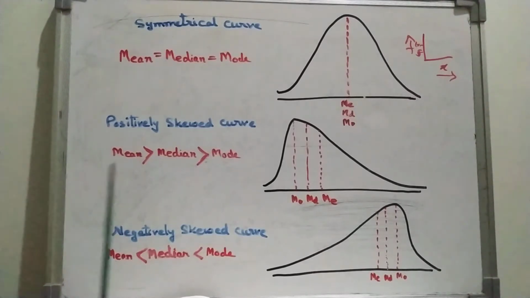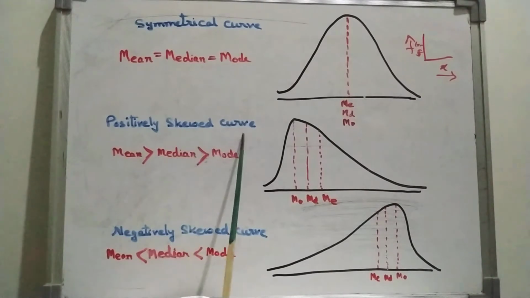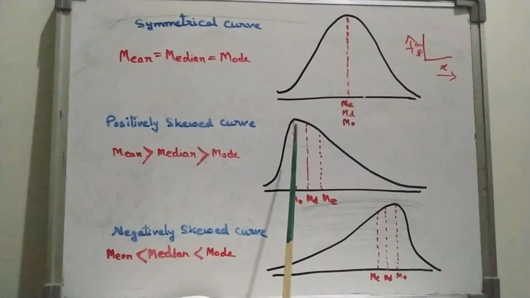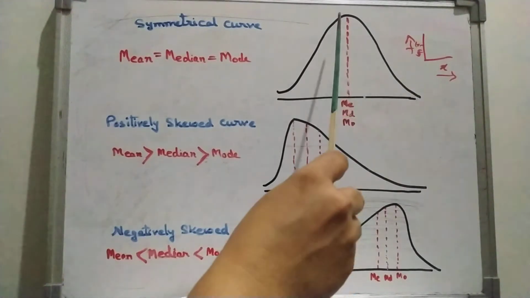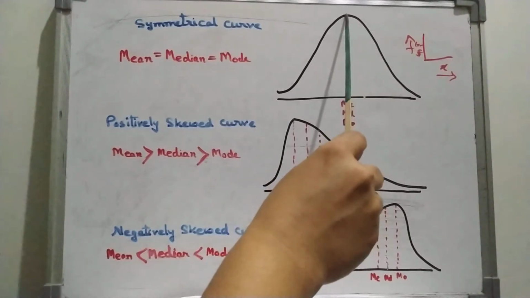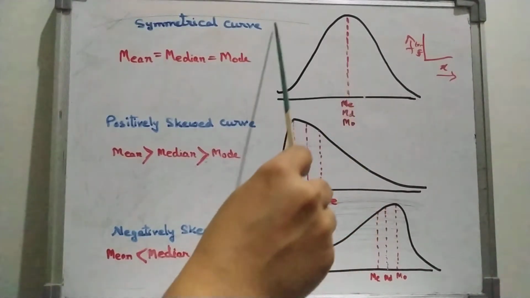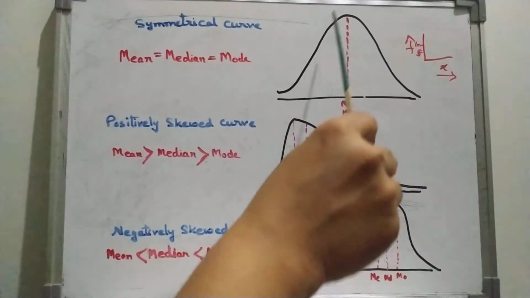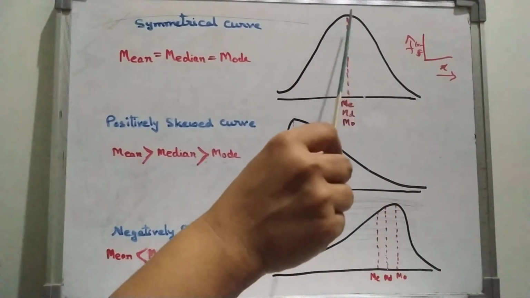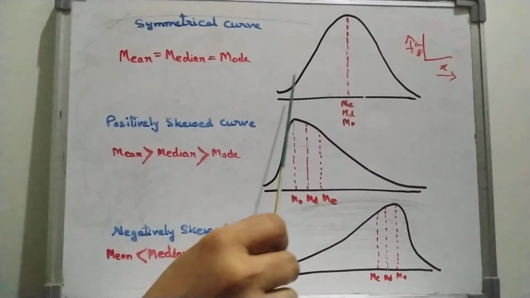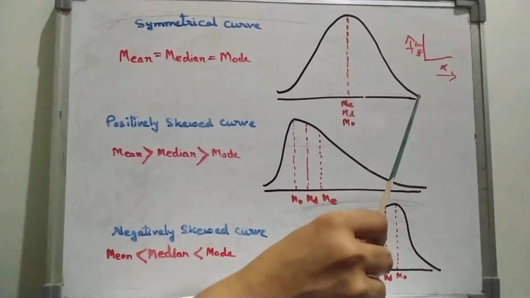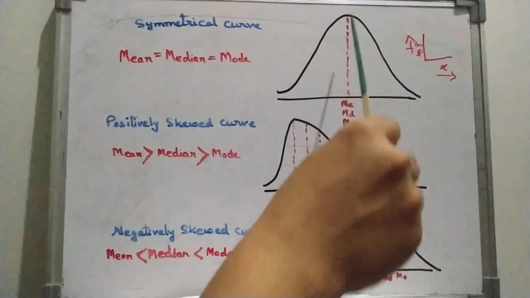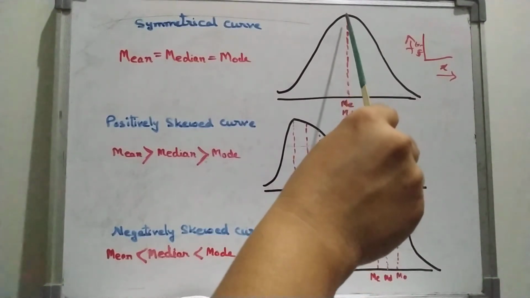So now let's come to the second one, positively skewed curve. As you know, this is positively skewed curve because here the concentration of the observations is more here. In this figure, the concentration of the observations is more here. That means more observations are here. That is why the frequency is highest here. Okay, and we get this curve by joining the coordinates. Whatever points we get, we join the coordinate points and then we will get this figure. So it gives us the idea about the concentration of the observations. So in the first figure the concentration of the observations is more in the middle.